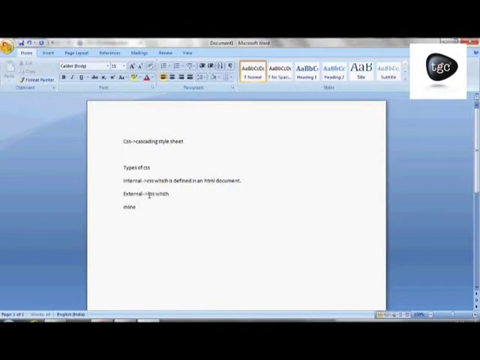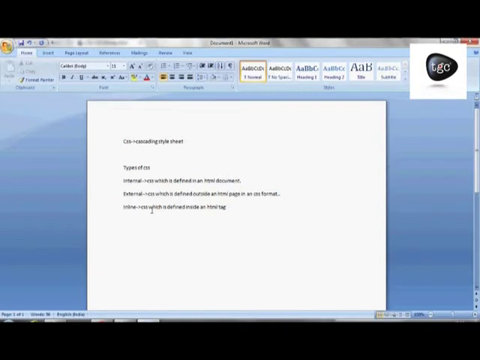CSS which is defined outside an HTML page in a CSS format is known as external CSS. And inline CSS: CSS which is defined inside an HTML tag is known as inline CSS.